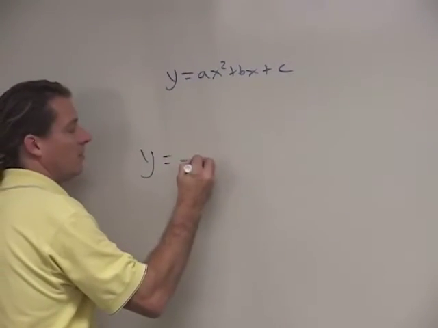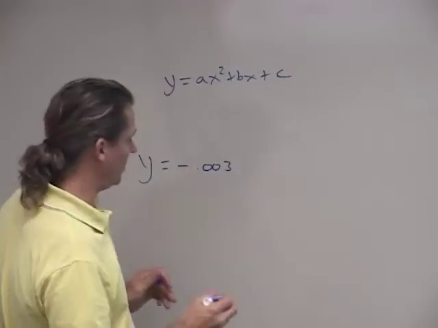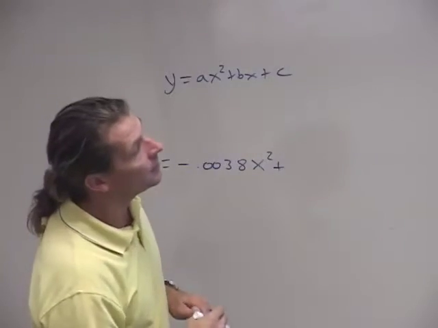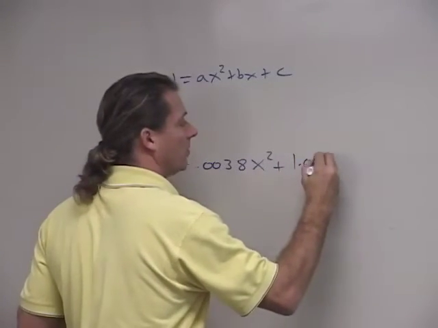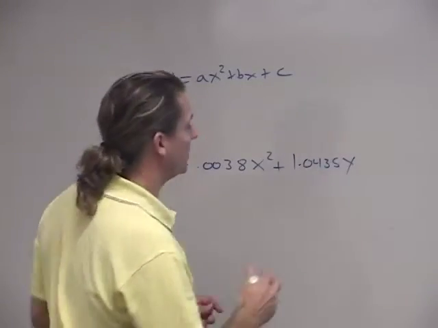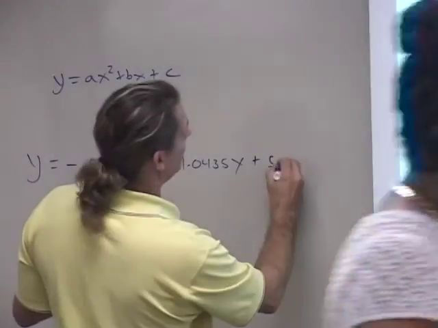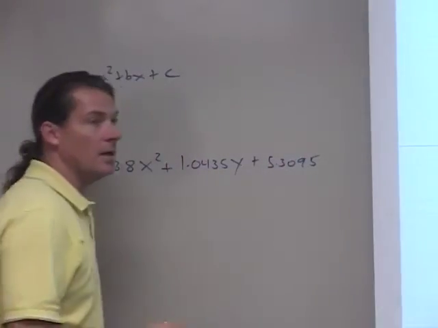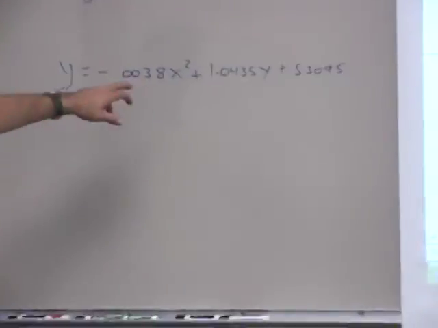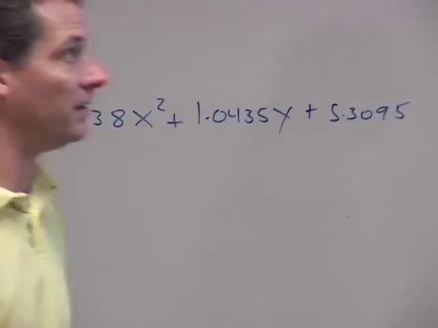Y equals negative 0.00338 x squared plus 1.0435x plus 0.3095. At least 4 decimal places would be good here. I just rounded to 4 decimal places here. Notice that I have an x squared and here an x, and also notice that if I was to round to 2 decimal places, probably be